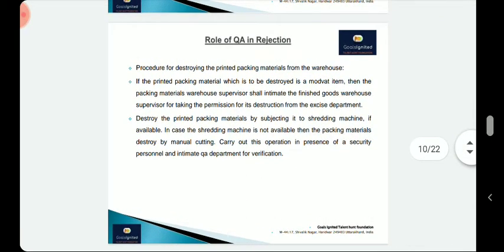If the printed packing material which is to be destroyed is a mod wet item, then the packing material warehouse supervisor shall intimate the finished good warehouse supervisor for taking the permission for its destruction from the excise department. Few of the finished products are required to be destroyed. It may be either product recall or it may be from the market return. Then these are the narcotic products, and some statutory and government requirements are there that